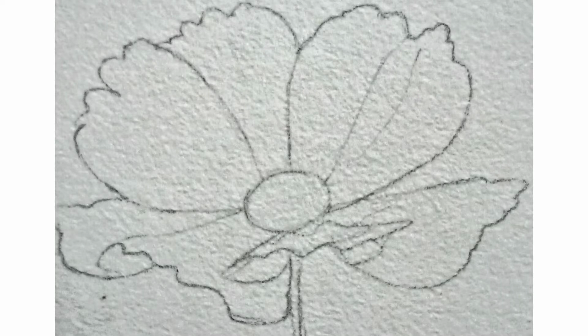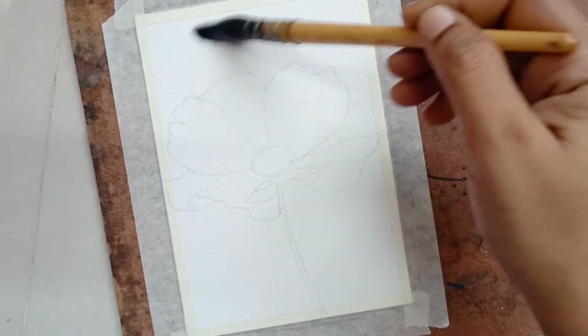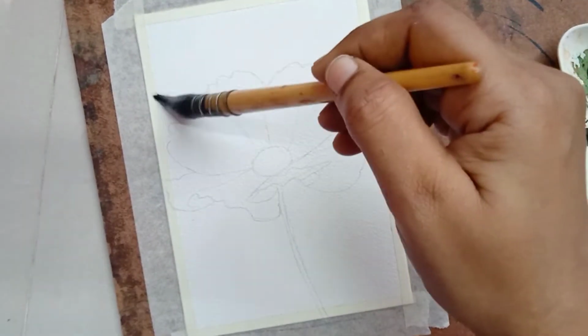This is the sketch needed for this painting, and also mark the shadow of the petals in your sketch. Let us start by wetting the top portion of the paper,